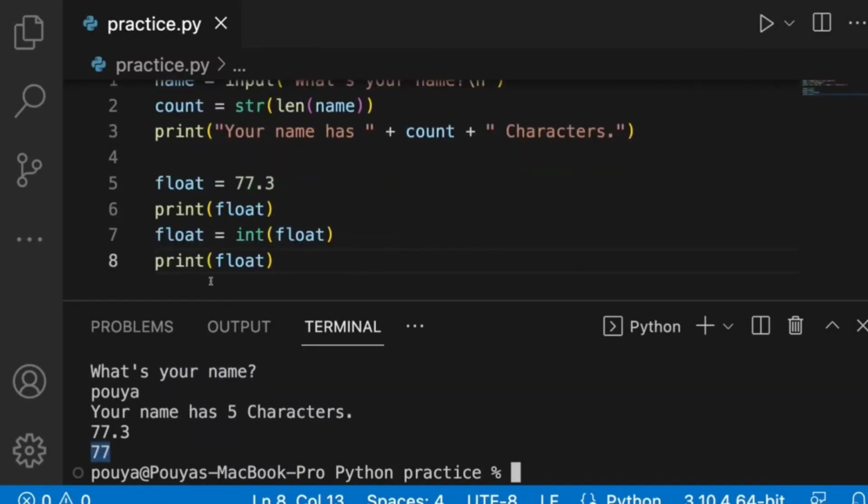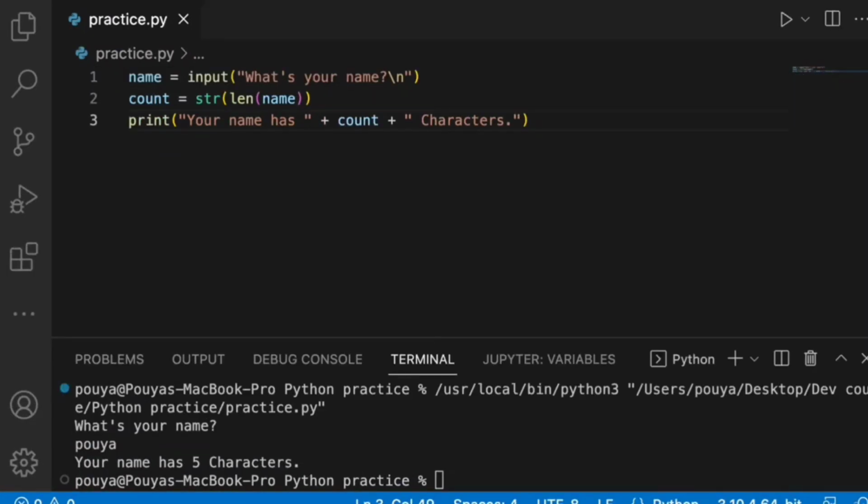So that was how you could convert different types of variables to another type. All right, so that was all for this lesson, and in the next part we're going to learn more about operators. In this lesson, we are going to learn more about Python operators, which we divide into different sections,